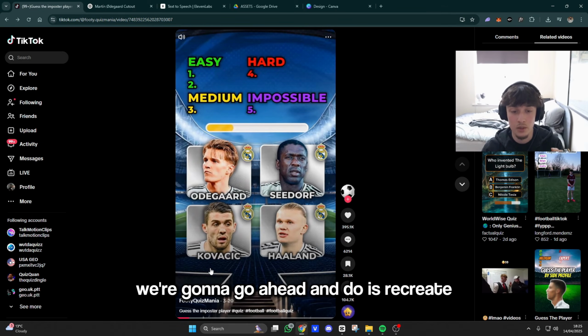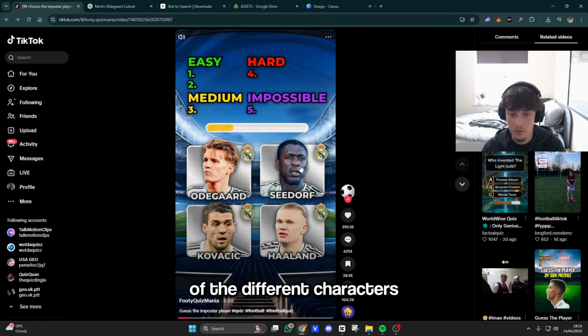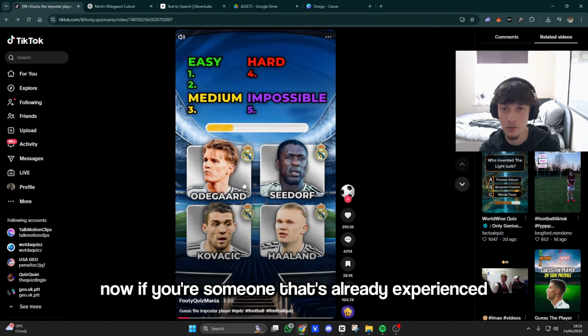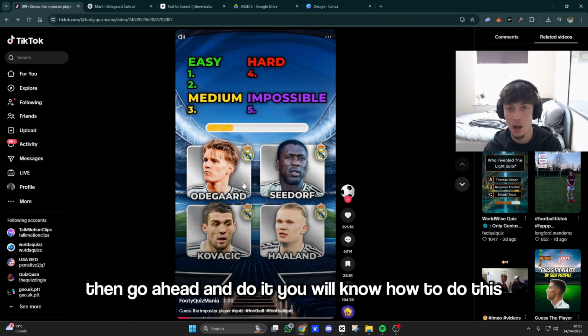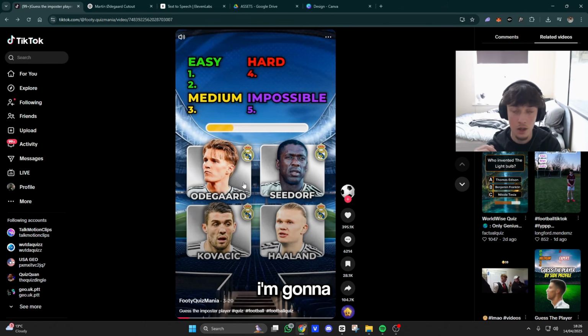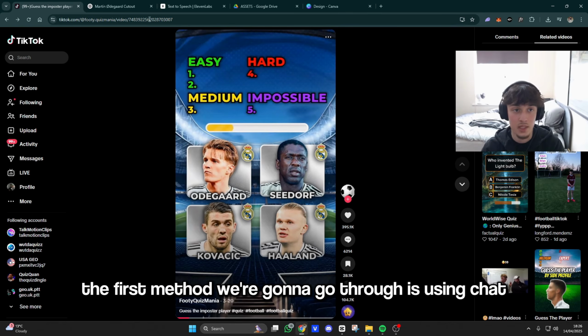Now the first thing we're going to go ahead and do is recreate these little images here of the different characters. Now if you're someone that's already experienced with like Photoshop or something, then go ahead and do it, you'll know how to do this. However, if you have no experience at all, I'm going to be showing you two ways in which you can do this very efficiently. Okay, so the first method we're going to go through is using ChatGPT,